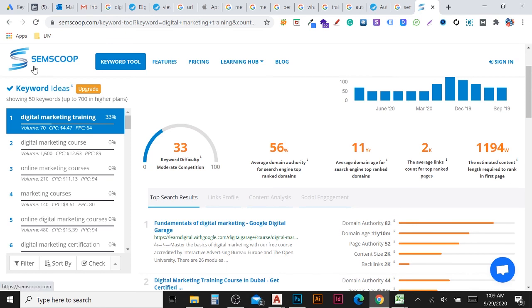That's why I gave this free, we cannot say free tool, it's a paid tool, but they are giving a free option. So that's why when you are using a tool, we need to be very careful whether they are giving proper result or not. Otherwise you will depend on that tool and whatever your work, it will go completely wrong. Okay, that's why we need to make sure the tool is proper, accurate.